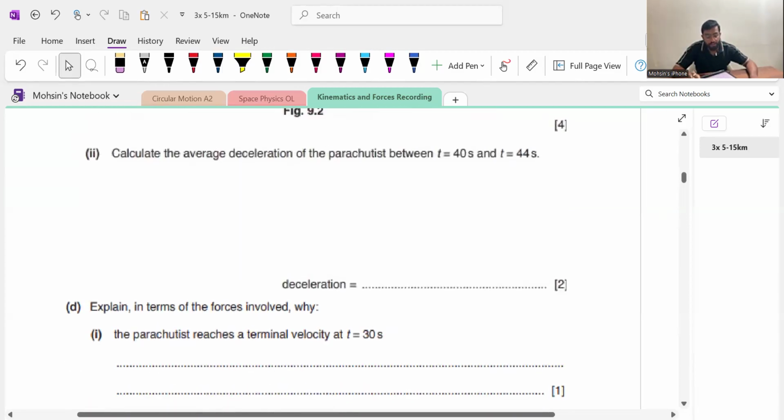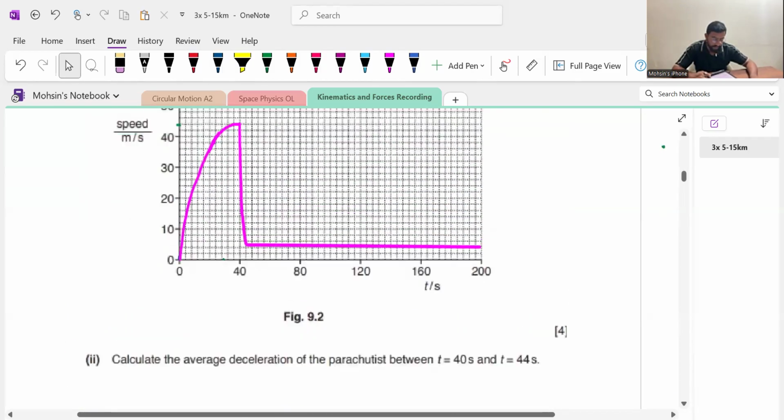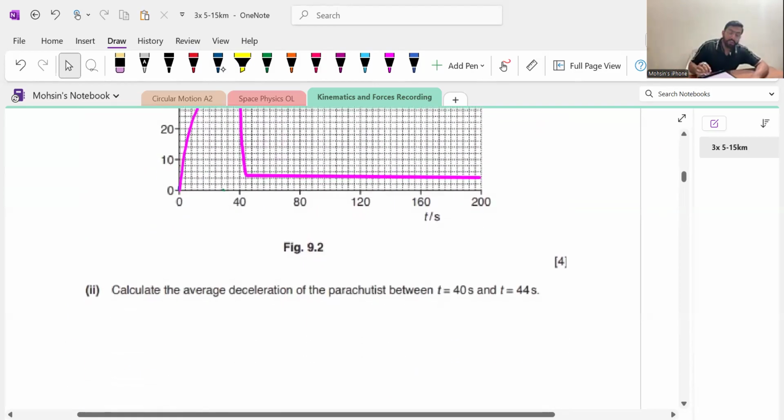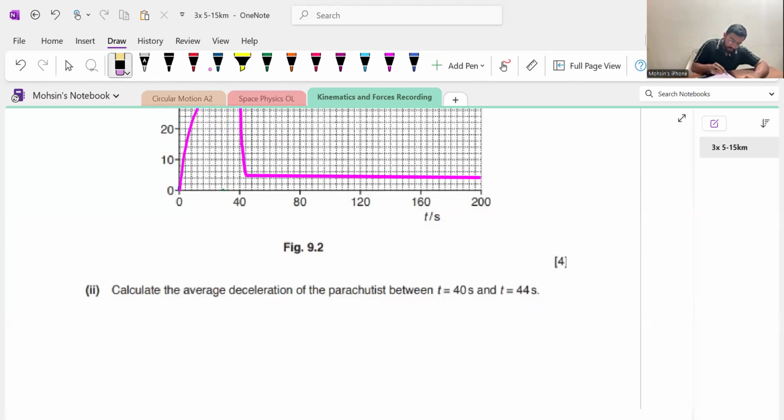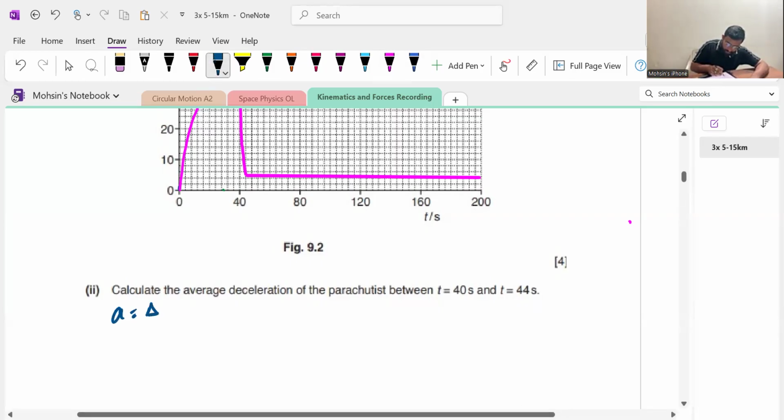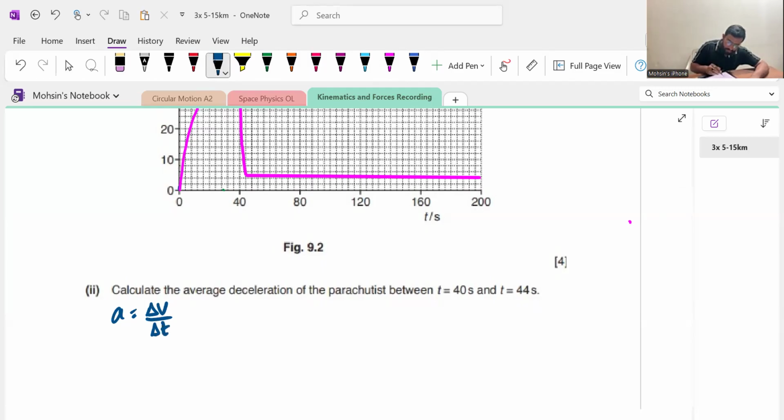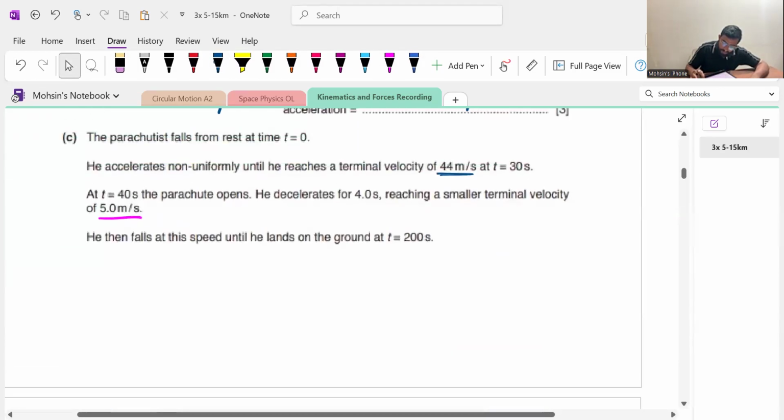Calculate the average deceleration of the parachutist between 40 to 44 seconds. So average deceleration is total change in velocity per unit total time. Acceleration is change in velocity over time interval, or total change divided by total time in which the change is taking place. So from 40 to 44, at 40, the speed was 44,